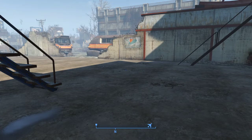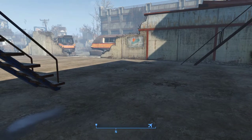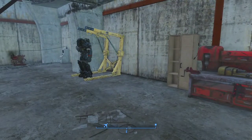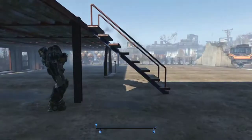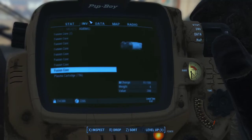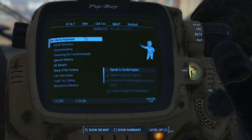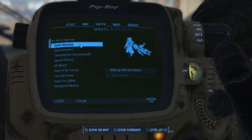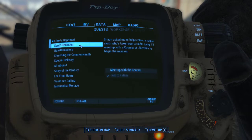silo, basically the holding facility in the glowing sea. I decided to go ahead and do the quest up to Danse, having to run away before we start doing other stuff. We still have, we're not going to do this. We're not going to really meet up with the courser. I don't want to get too deep into